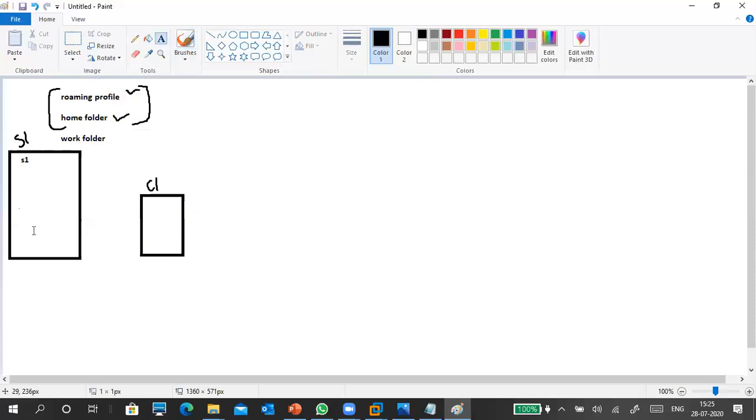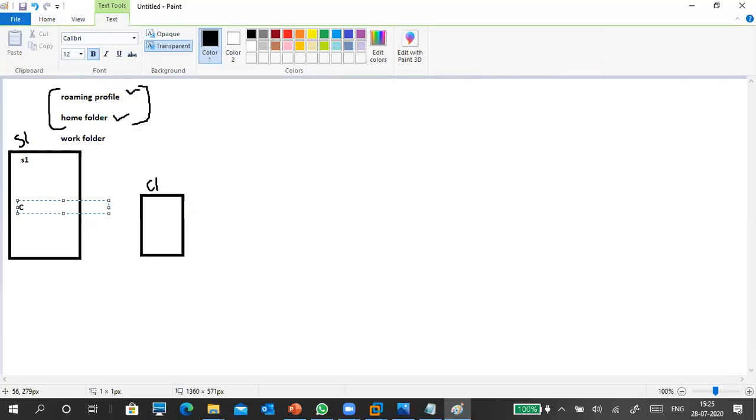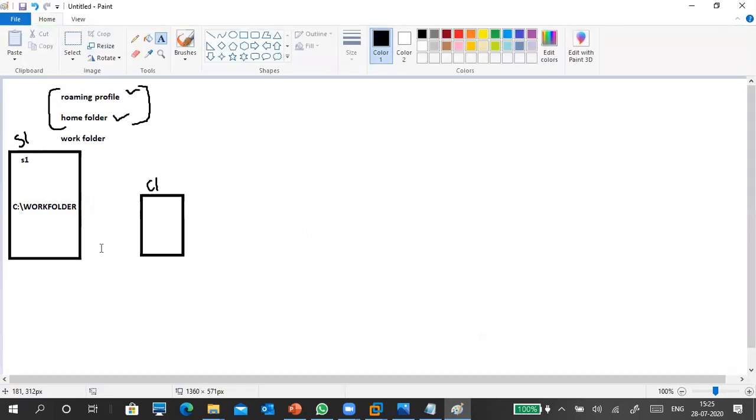Because I don't have any other drive, I'm still using the C drive only. And I'm going to create a work folder. Of course, if you can access something through the internet, outside of your network, there are security compromises, actually. So here a lot of services are supporting this. How to create a work folder? I share this work folder, and I have to install the work folder role.